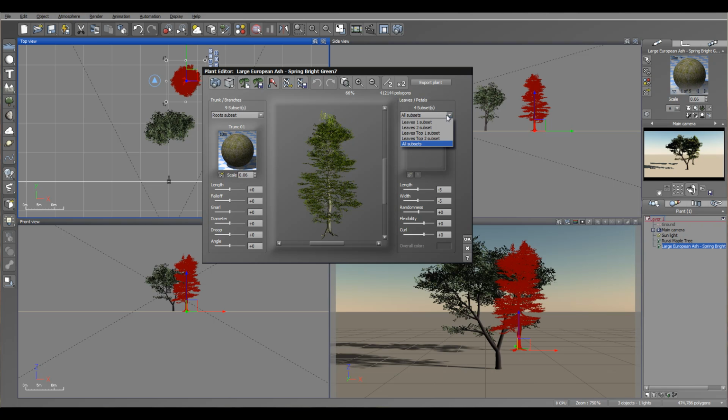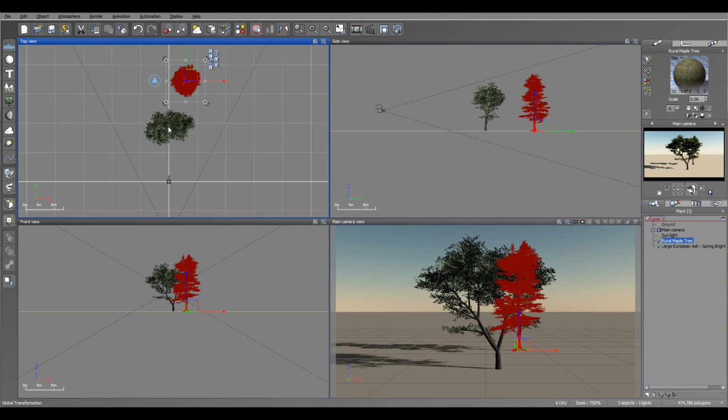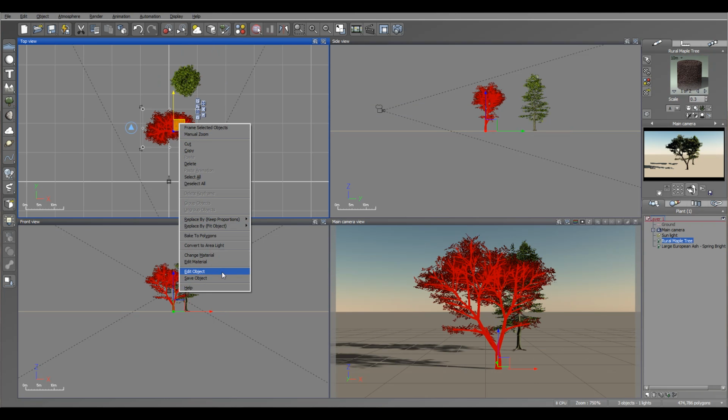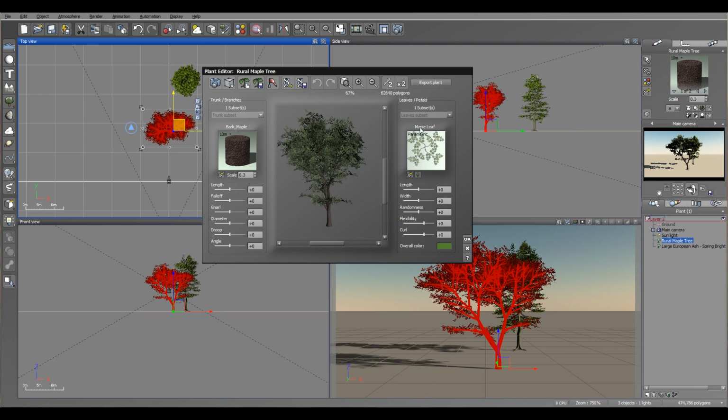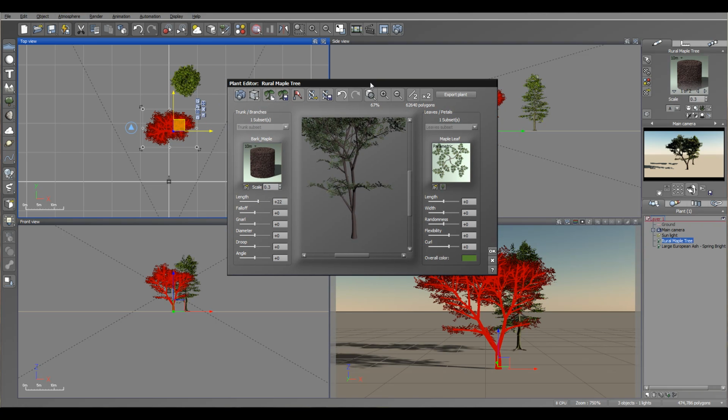Next, you can also modify the leaves, and currently right here you can see we have more than one subset of the leaves. So let me close this one, and I want to go back to a little bit more simple presentation. So we have just two types. Okay, let's look again. We can increase length or decrease. We can increase fallout,